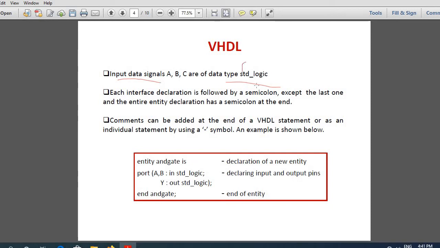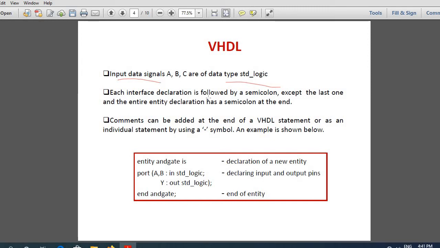So standard logic is a data type which takes into consideration not only your zeros and ones but also others. Okay, so if you want, you can look personally into what is STD logic data type. If you want, you can ask me, I can explain to you as far as I know about it. But you need just only the basics of VHDL, so we don't need to go into details of each type.